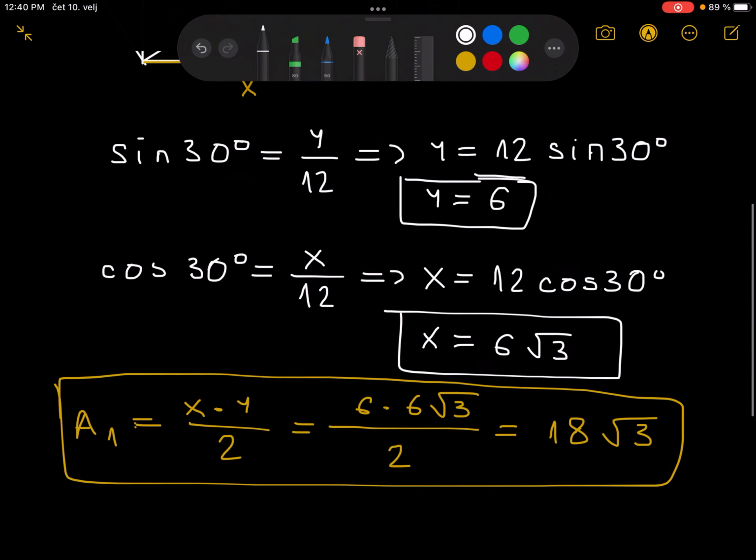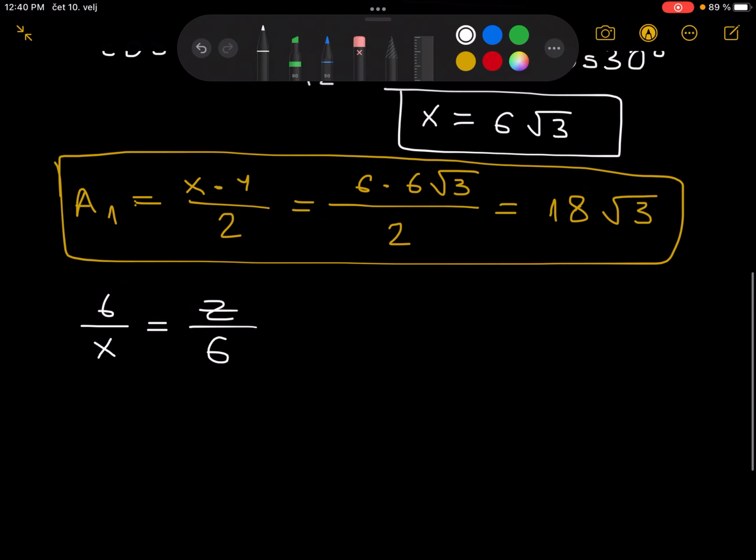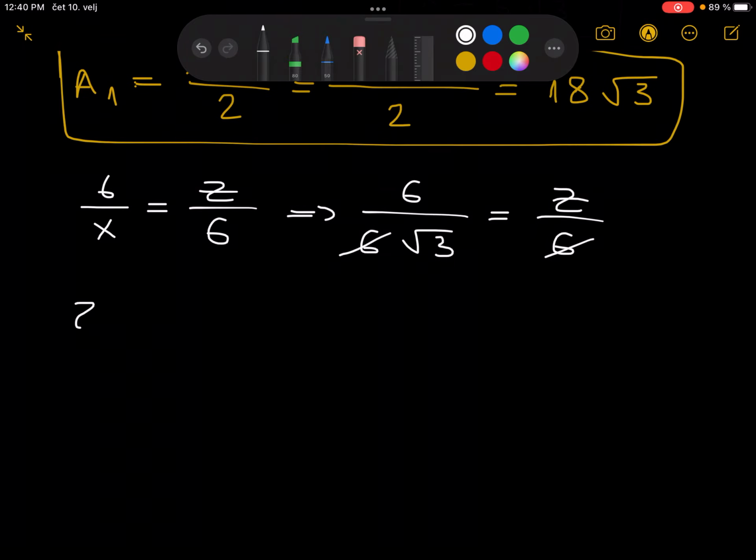Okay, so 6 over x is equal to z over 6, and we know that x is equal to 6 times the square root of 3. So 6 over 6 times the square root of 3 is equal to z over 6. We can cancel out these 6's right here, and that leaves us with z being equal to 6 over the